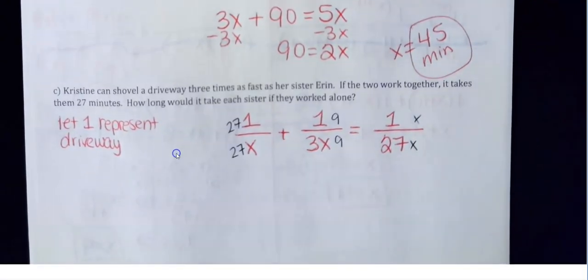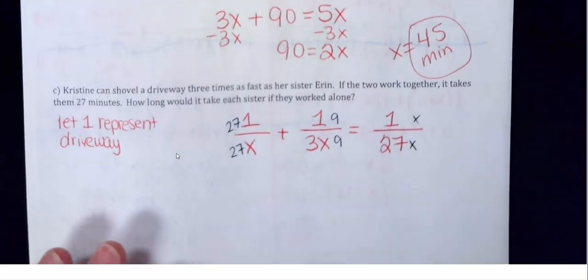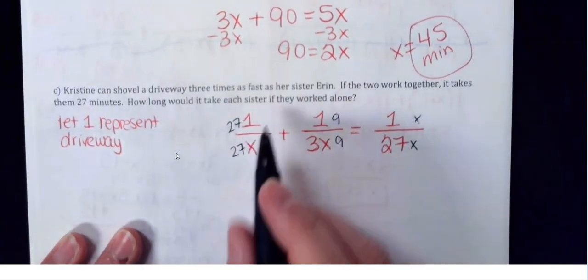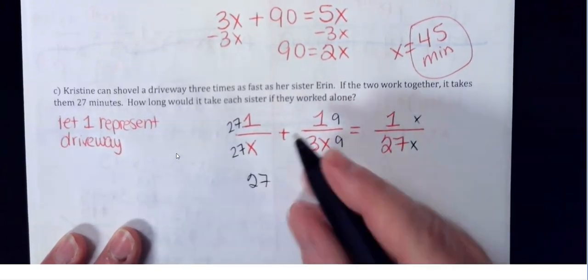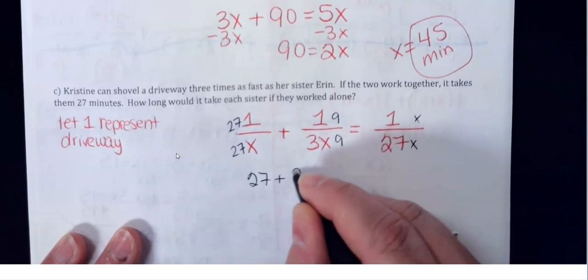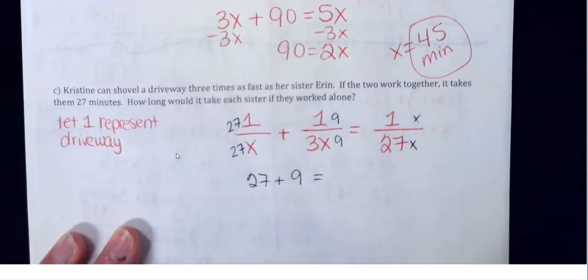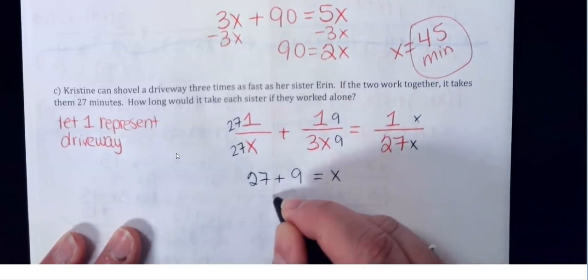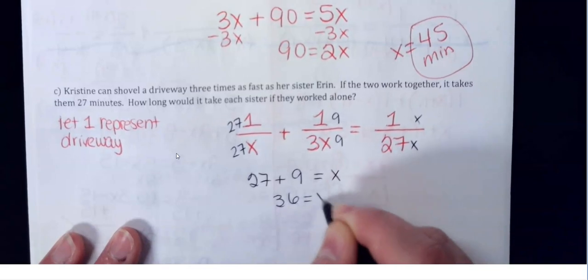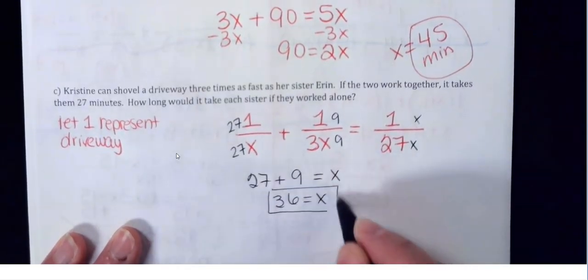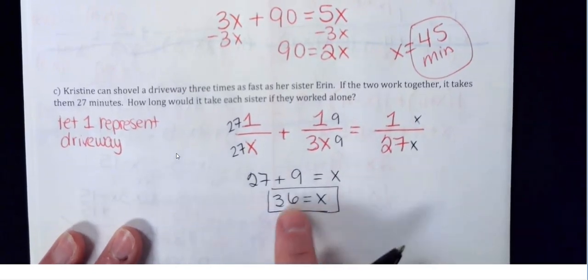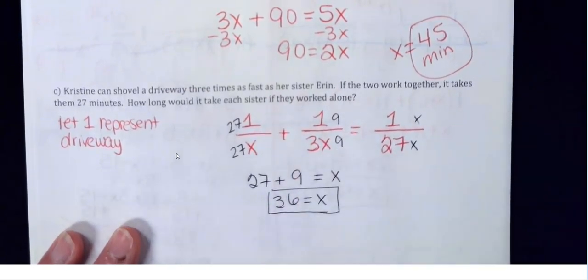So if we make them all match, we can literally just cross them out. So then this is actually a really quick equation to solve. This top of this fraction is just 27, plus the top of this fraction is just 9, and then the top of this fraction is just x. So then I end up with, let's see, 36 equals x. Okay, now 36 is x. For the other person, I have to multiply it by 3. So if I do 36 times 3,